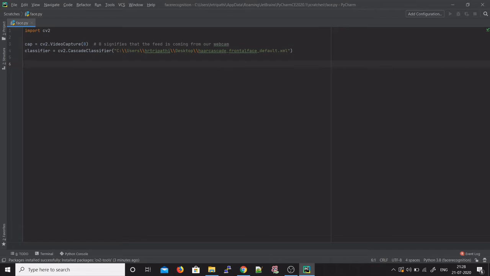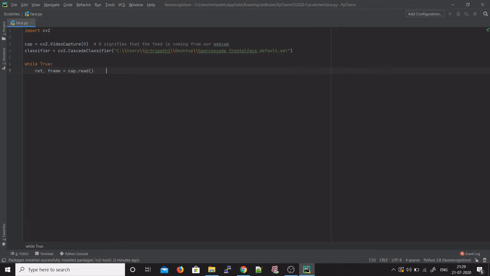Next up, I'm going to be looping. I'll get back to why we are looping in just a moment. So while True, and now I'm going to be creating 2 variables called ret and frame, and I'll be assigning them to cap.read. First of all, it's pretty clear that any video feed is a series of frames, right? You've got many frames in one continuous video feed.